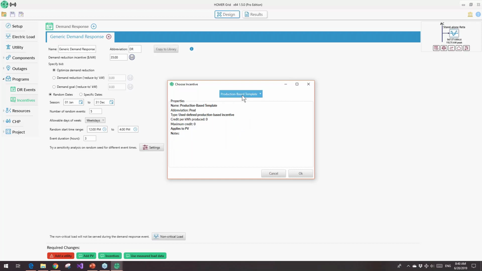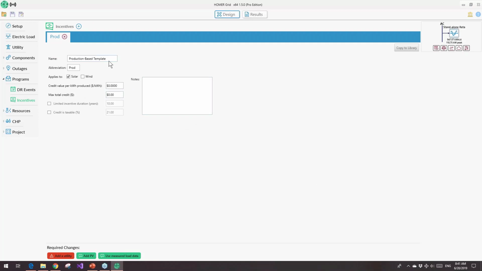But for example, if you're looking for an incentive based on cost or incentive per kilowatt hour produced, you could use this production-based template, say which generation source it applies to, and then define how much it is, whether it's limited in years, and whether it is taxable. So there's several different templates, and again, this is part of the inputs that you'll need to define up front